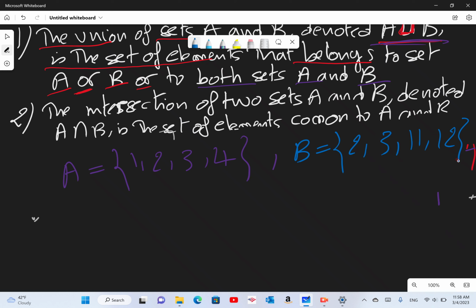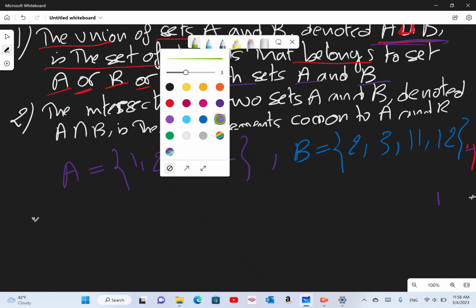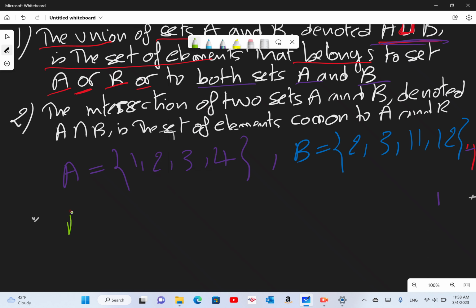Okay, so let's see what would be this A intersection B. This is how we denote it, like a U concave down. A intersection B equals,